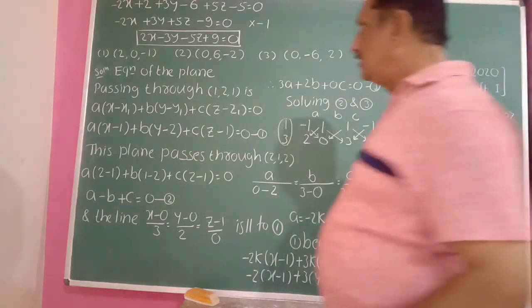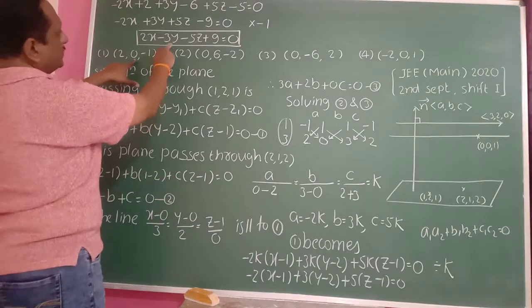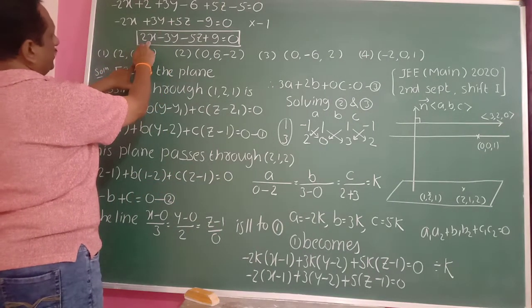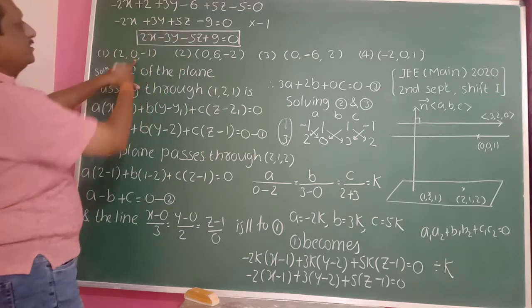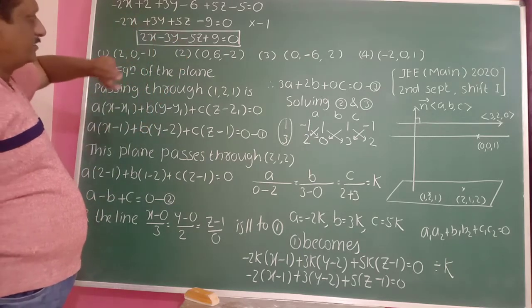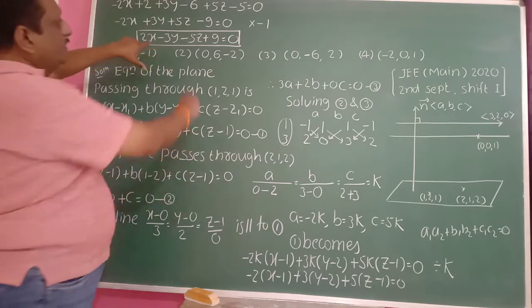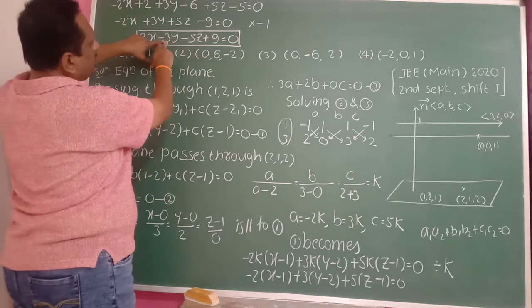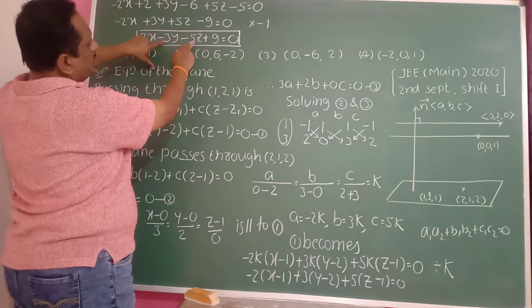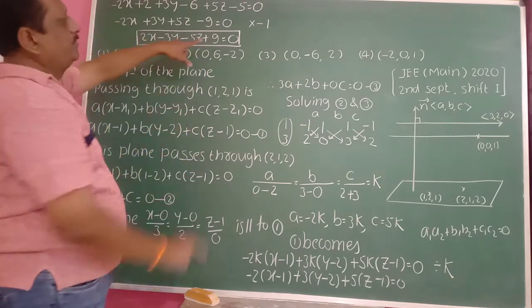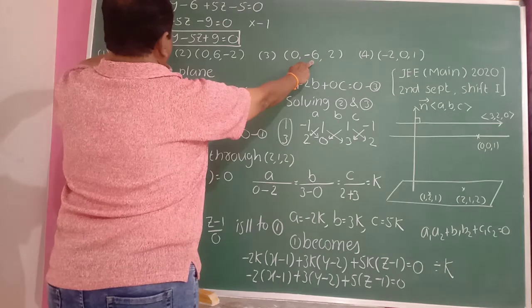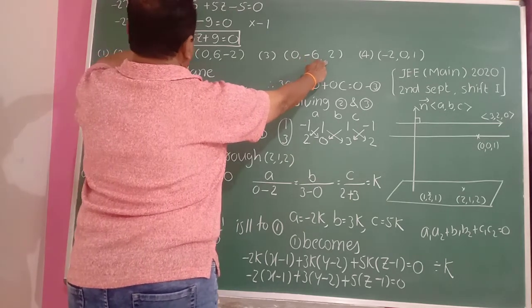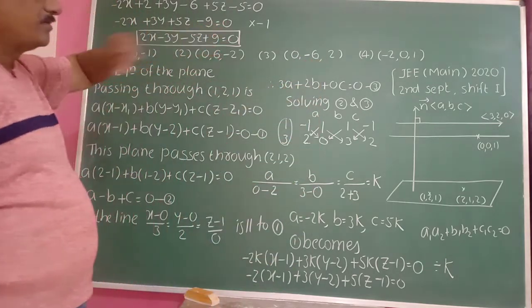Okay, just observe here. y is 0 here, so 2 2s are 4 and minus minus become plus here. Obviously the point does not lie on this plane. It does not become 0. Then x is 0 here. 6 3s are 18 and 5 2s are 10. Again it cannot be 0. Again here x is 0. 6 3s are 18, plus 18 minus 10 here. Again it does not become 0.